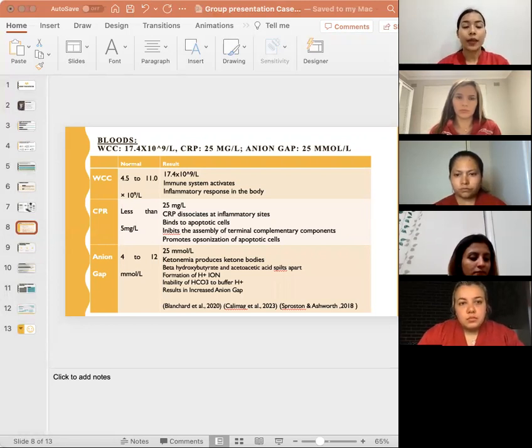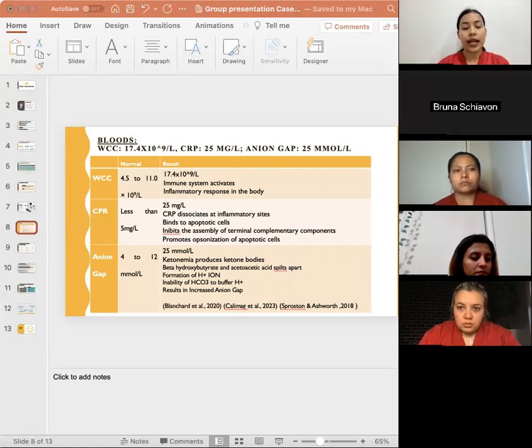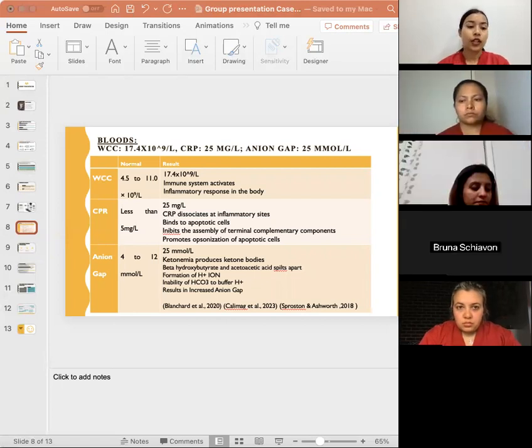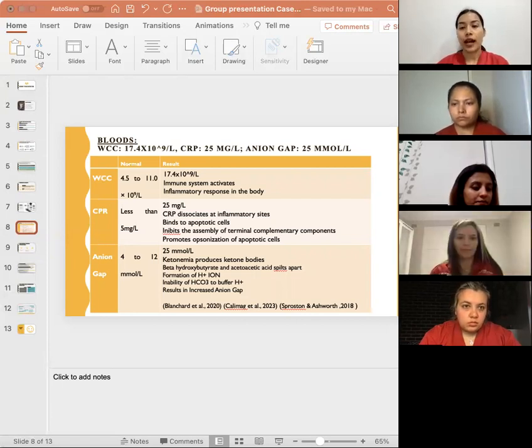CRP is an inflammatory protein and plays an important role in inflammation sites by binding to apoptotic cells, inhibiting the assembly of terminal complement components, and promoting the opsonization of apoptotic cells. So the number of CRP is high in Mrs. Casey's body. Talking about the high anion gap, when ketone bodies split apart, a lot of hydrogen ions are created,